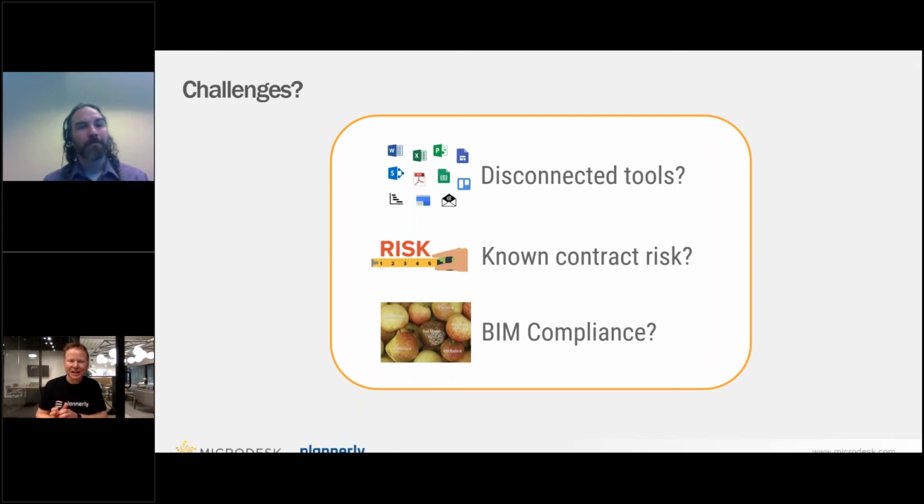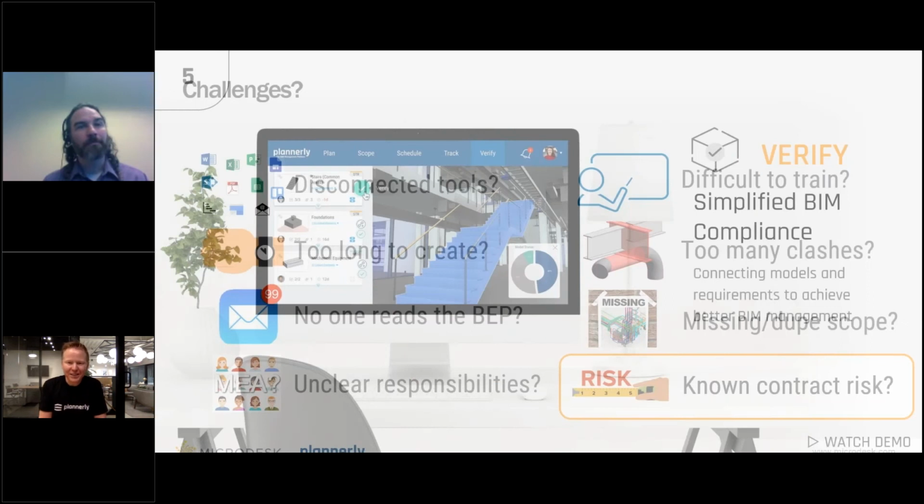So the last challenge, and maybe one of the most important ones, is closing the loop and making sure that everything that you just planned, everything that you just sequenced and managed, and then you're saying is done, we need to make sure that it's verified, and we need to make sure that we are BIM compliant. And so the last step, the last of those 5 steps, is understanding the verification process. And it's a really interesting